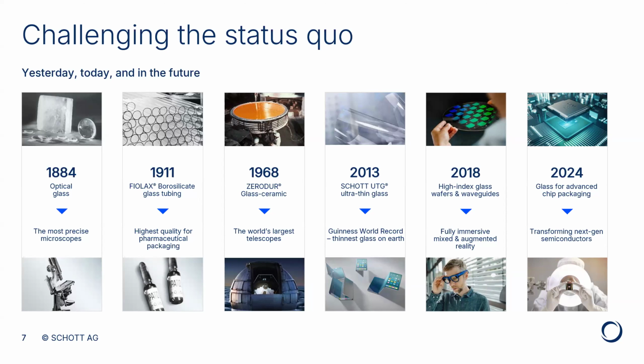We also have pharma packaging, where the special property is not the dependence of refractive index on wavelength, but things like chemical resistivity. You want the medicine in the vial to be able to stand on the shelf for tens of years and not be contaminated, and of course also mechanical properties, because you don't want them to break if they fall down.